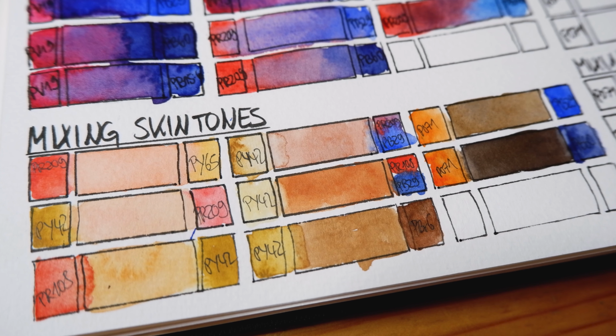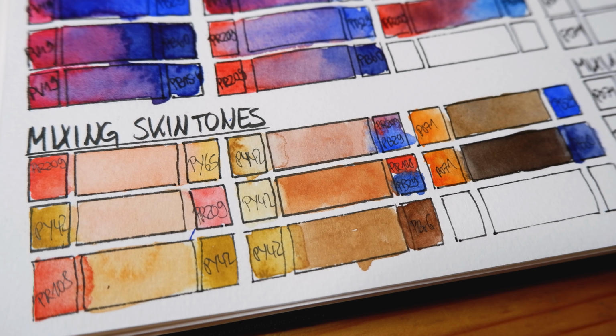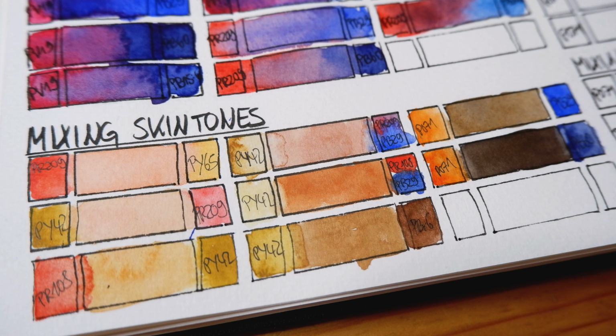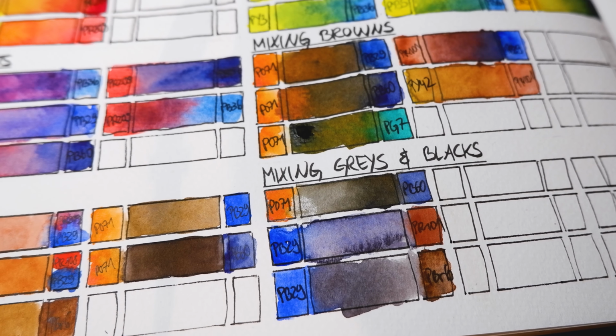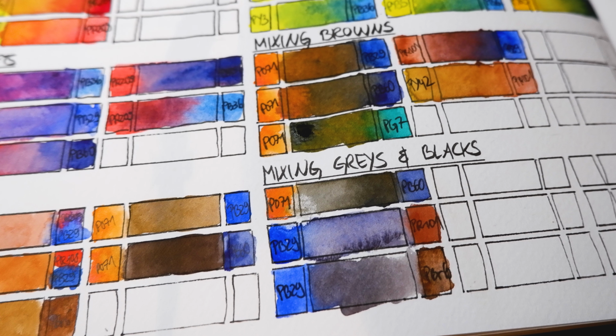As I paint a lot of watercolor portraits, it was important to me that I could mix skin tones easily with this palette. My favorite mix that I use all the time is Quinacridone Coral PR209 and Hansa Yellow Deep PY65, and mixing in ultramarine PB29 to get different undertones. I can also mix various browns and grey tones with this palette. There are many famous mixes like Jane's Grey, but my favorite combination to get brown, grey or black is PO71